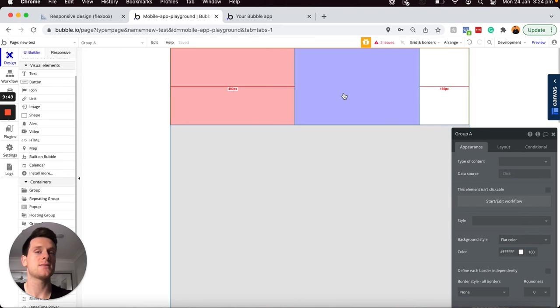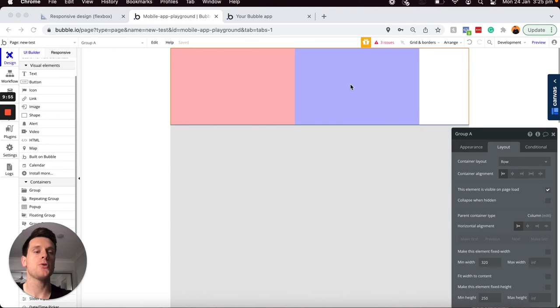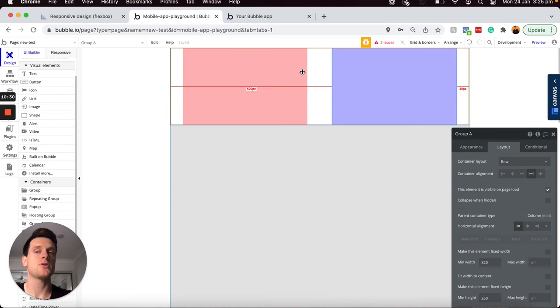hero images. And now to ensure that both of these groups are positioned evenly across my white group here, I could update the container alignment of this group. So this is the white group itself, that is the parent for both these groups. I'm going to update the container alignment to be space around. And what you'll now see is that both of these groups have an even amount of space beside and between